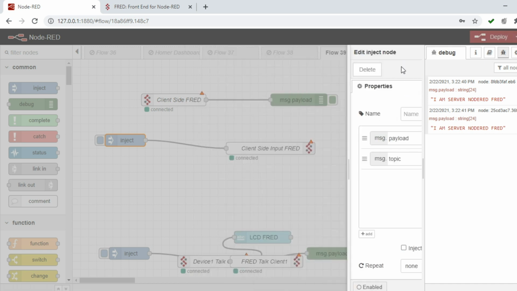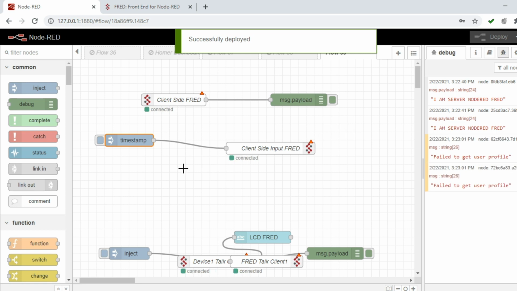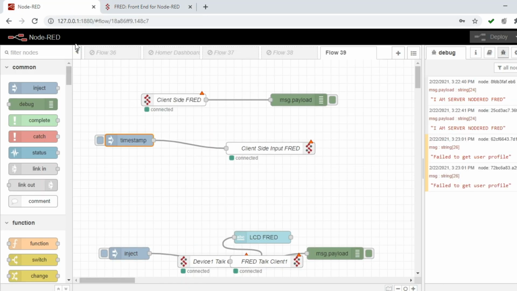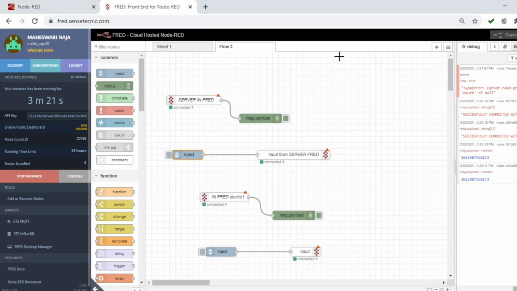So done, deploy. I'm sending a timestamp here now. If I click this, you will get a timestamp here. So now the timestamps are available here. Like that we can configure it.